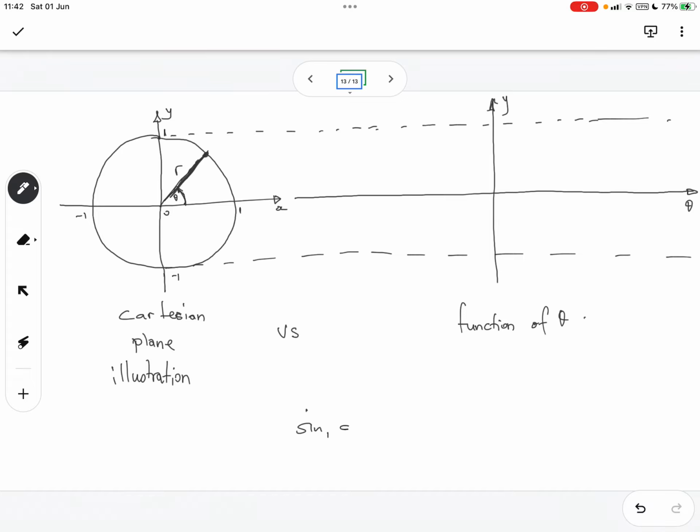Remember I kept saying that sine and cos are always greater than or equal to -1 and less than or equal to +1. So the wave function, or the wave form of our trig ratios for sine and cos, oscillates between 1 and -1. Always, right? Our wave function oscillates between -1 and 1, always. And that's because if you look at this as a circle,